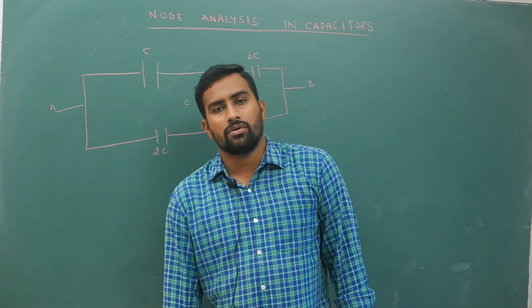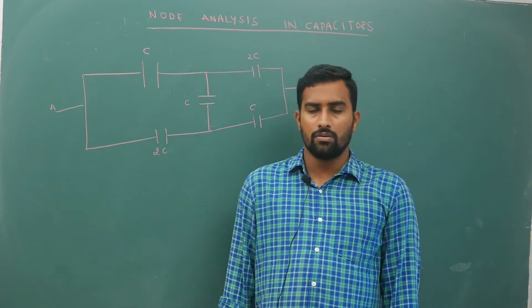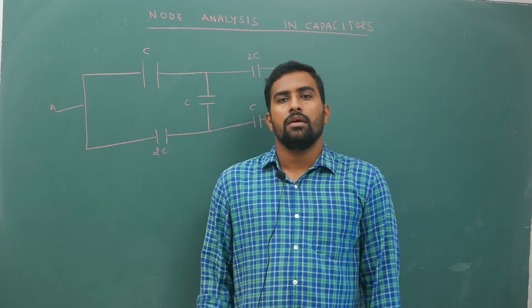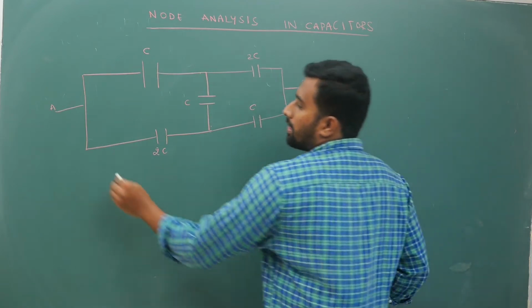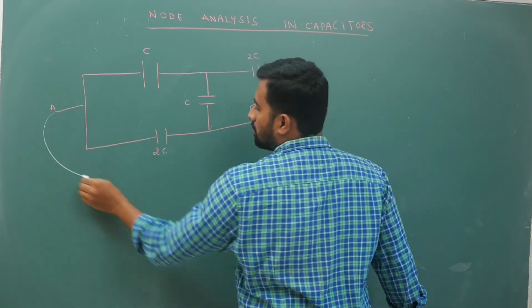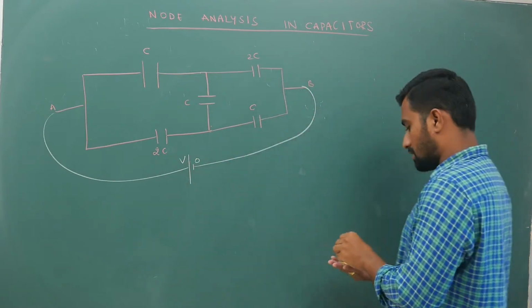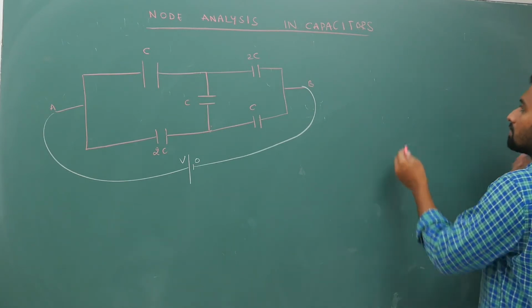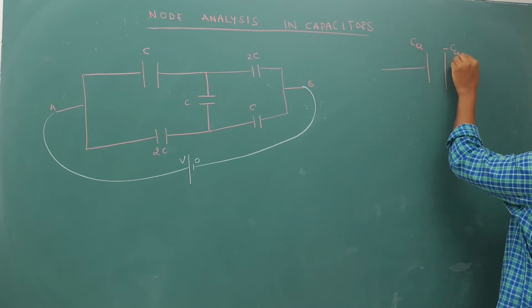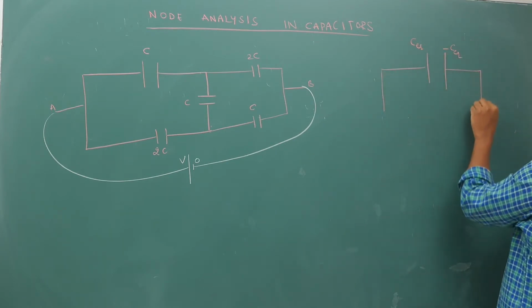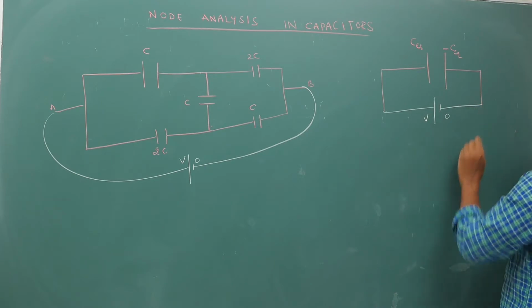Okay, as I have told you, you are going to do exactly the same thing you have been doing in current density. Your first step is to connect a V, 0 volt battery. Next, this is your C equivalent, plus C equivalent and minus C equivalent. Your equivalent capacitor also I will connect to the same V, 0 volt battery like this.